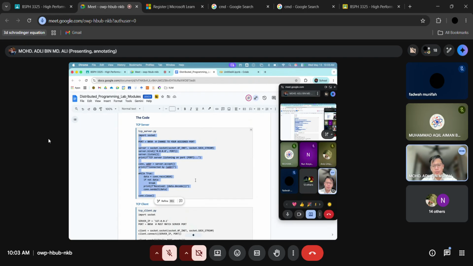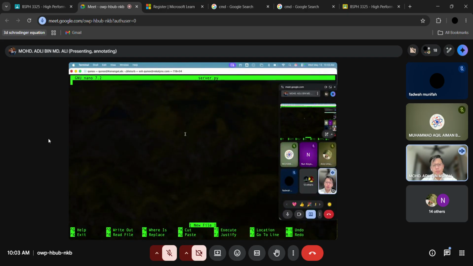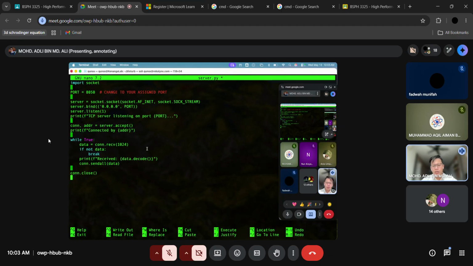Okay. Alright. Once you copy, you just paste it inside your nano here. It will come out like here. So all the instructions on how to use nano are provided below. Okay. Yang control. So if you want to exit, Control X, you will exit. Okay. So once you dah paste ni, paste the server, and alright, before you save, okay, I want you guys,